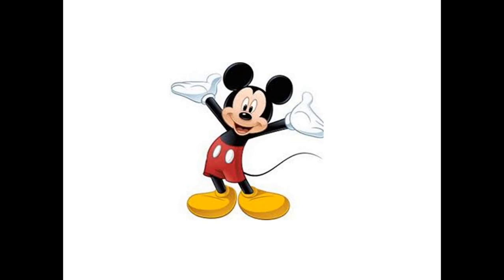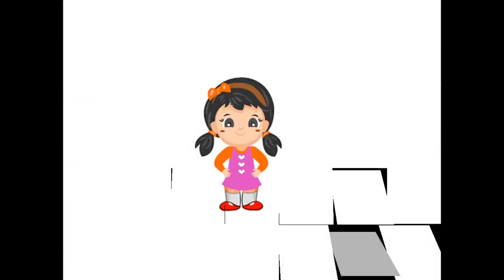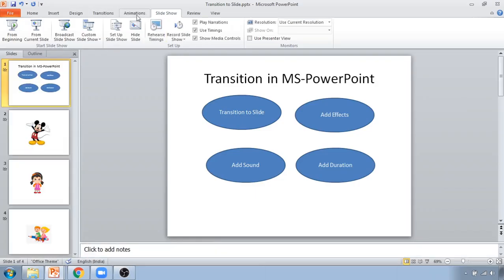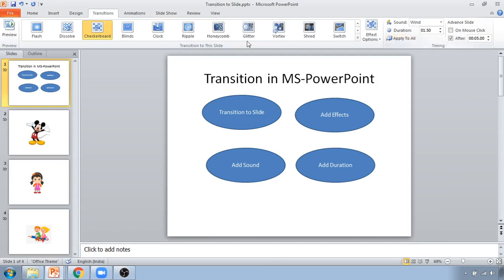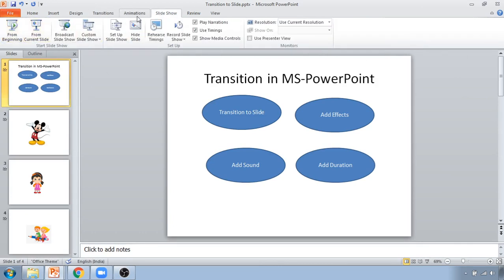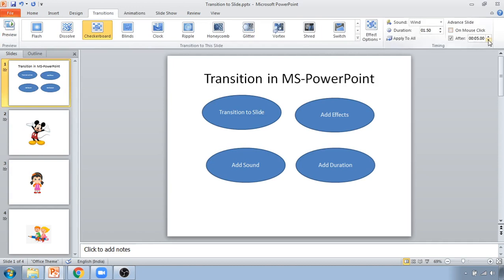So if you are going to apply it for only one, then it is going to apply to the single slide. Now when you are going to use the transition, you have to apply this advance slide and apply to all. Now when I am going to use this apply to all, and again if I go inside transition, I will make it 2 seconds and I will go apply to all, then slideshow from the beginning.